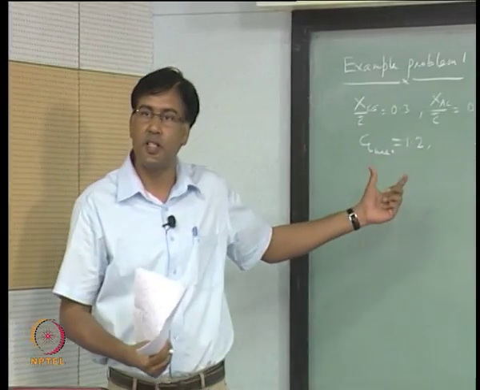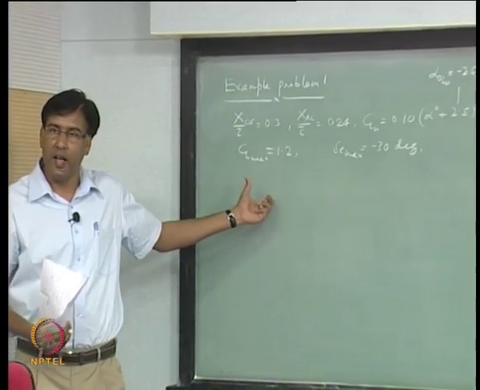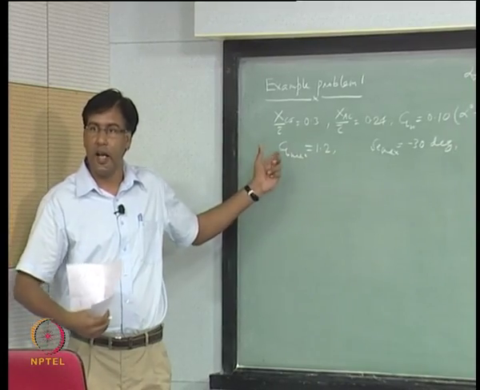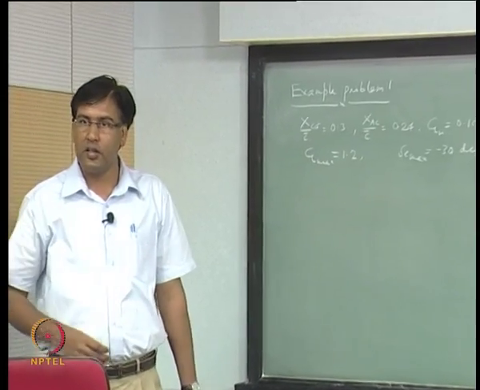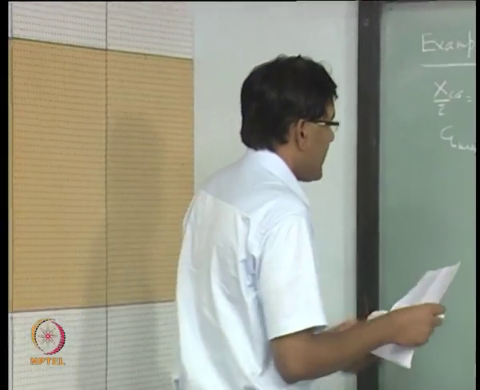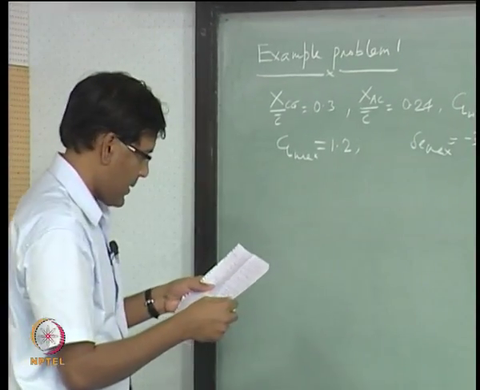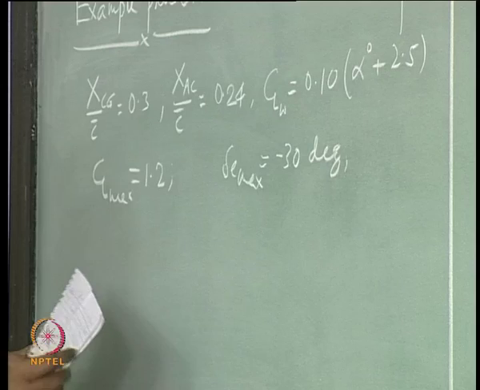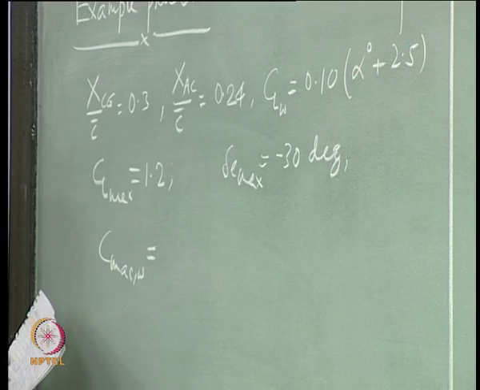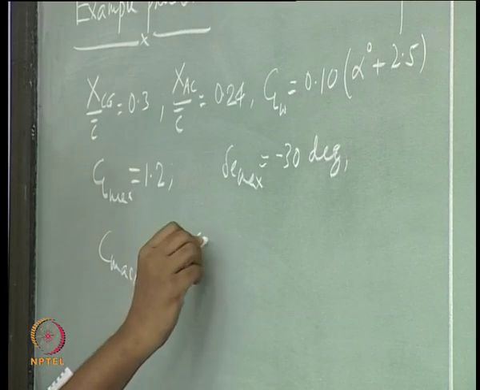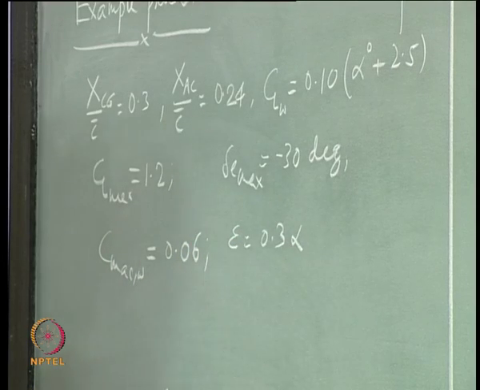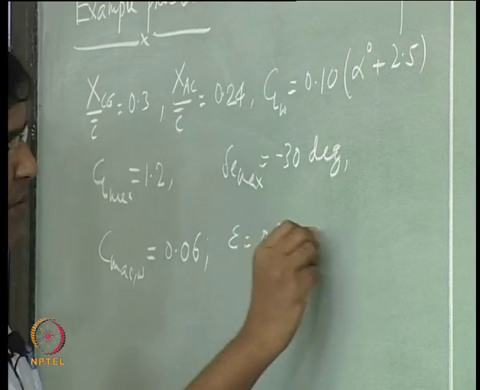This CL max is the CL max for the airplane, and we are assuming that most of the lift is provided by the wing, right, and delta E is only to cause a pitching moment mainly, right. Okay. So, this gives me